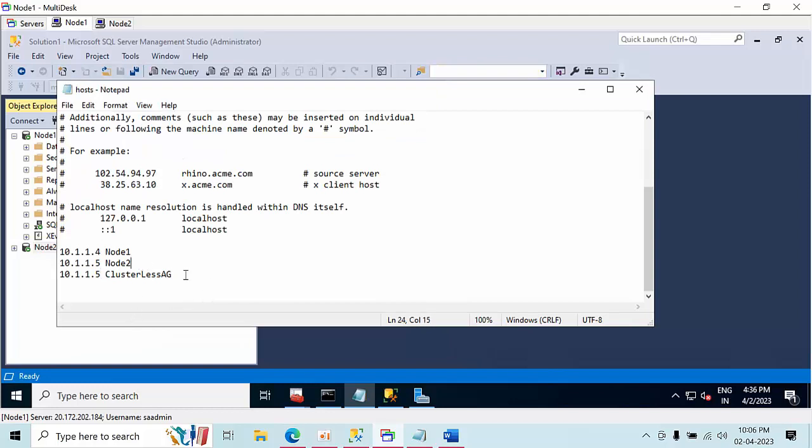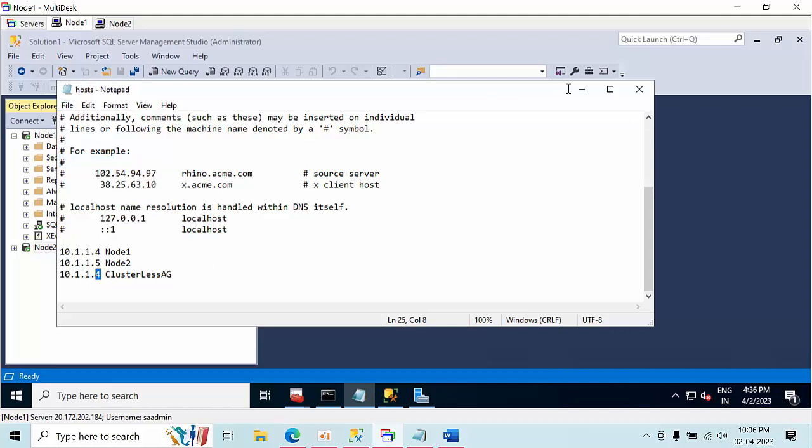Now here, this is the cluster node, this is one. Right now I want this to become 4. I have not yet created this one. For safety purposes, I'm going to create a listener name with this IP. So you have to enter this IP. Whichever is the primary replica has to be here. Okay, so click